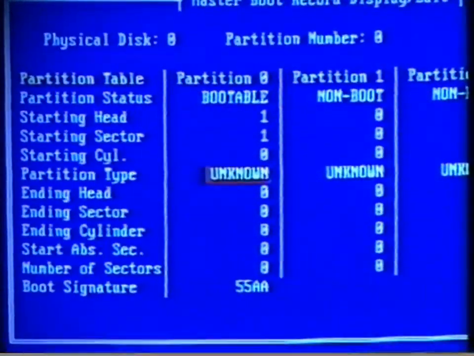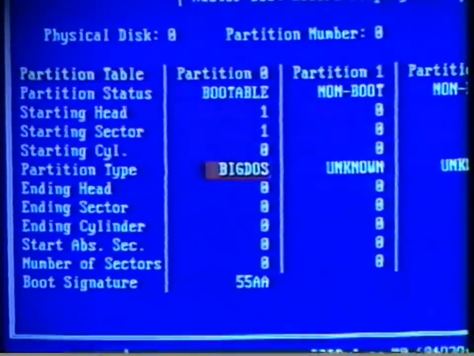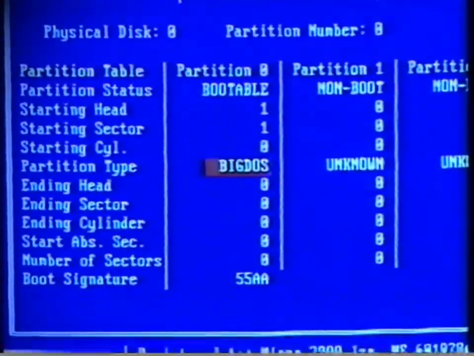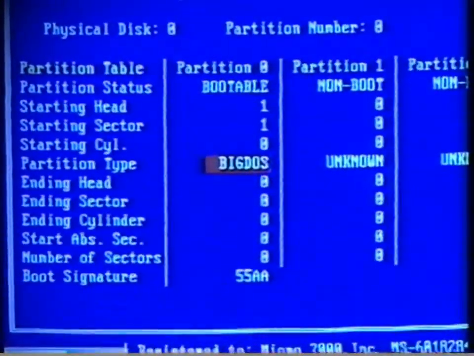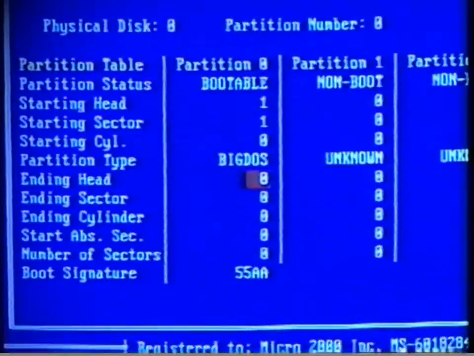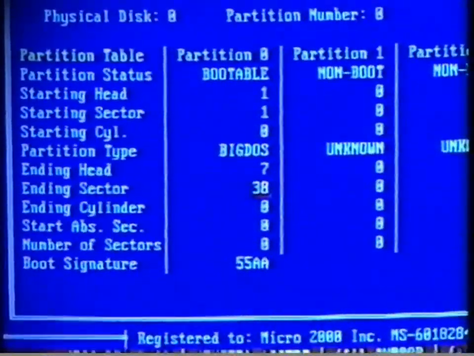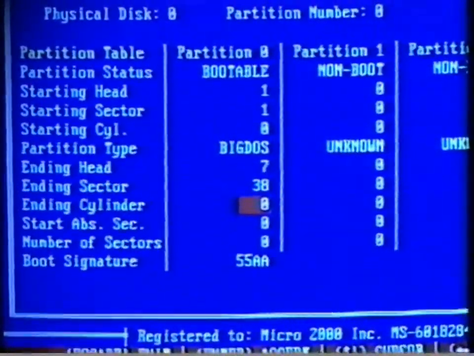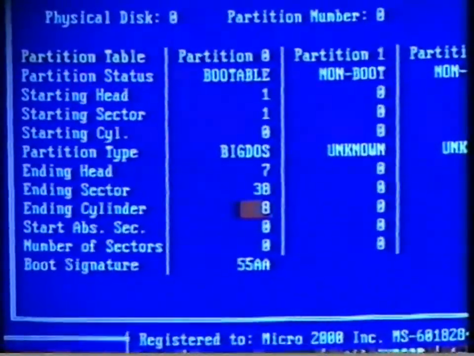Starting cylinder is 0. Let's call this partition type. I know it was originally a DOS partition, so we'll say it's a big DOS partition. The ending head, since our number of heads is 8, would be 7. The ending sector will be 38 because there are 38 sectors per track. The ending cylinder, for now, we'll say it's the whole drive, and we'll say